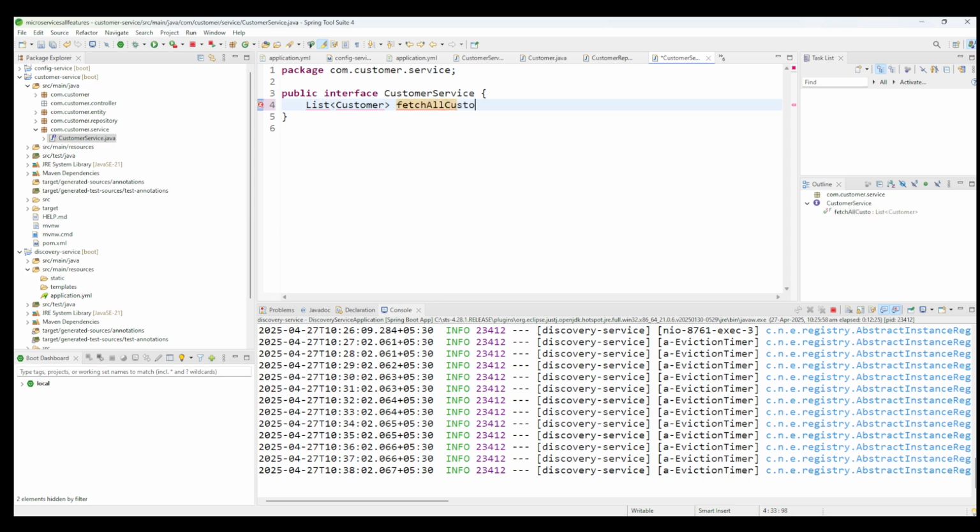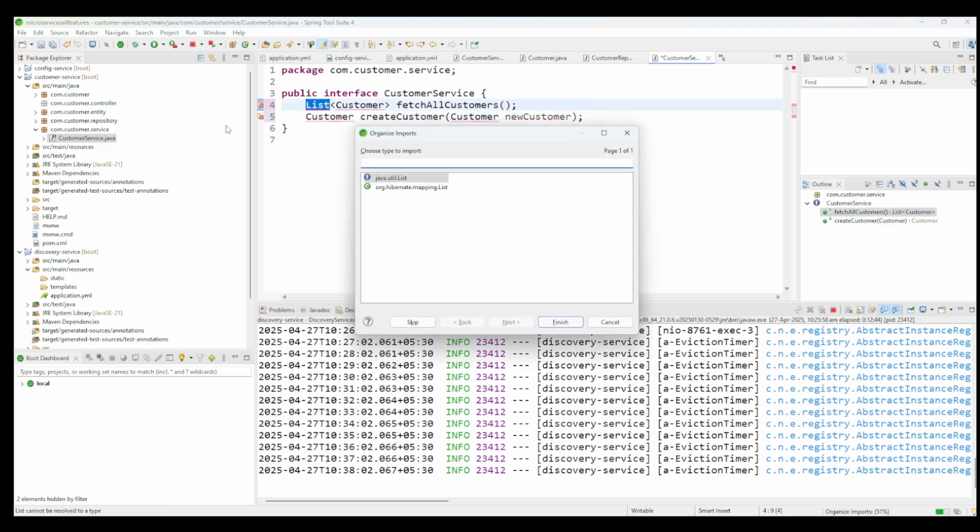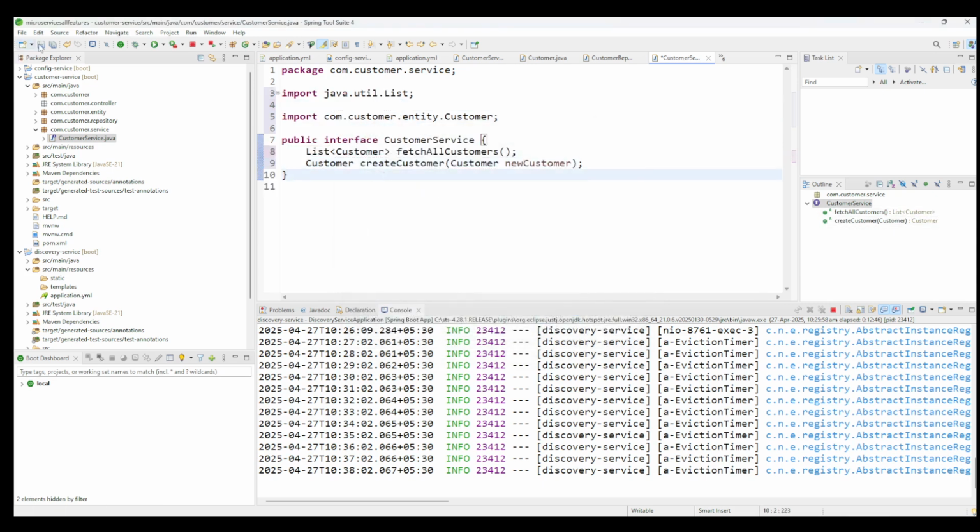fetch all customers. Next we can add one method to create customer, and here we need to pass the input customer as a new customer to be created. Can add import for this, we can save it. Now in a similar way we can add one more method which will return the customer based on the customer ID, and here it should return the optional, and we can say fetch customer